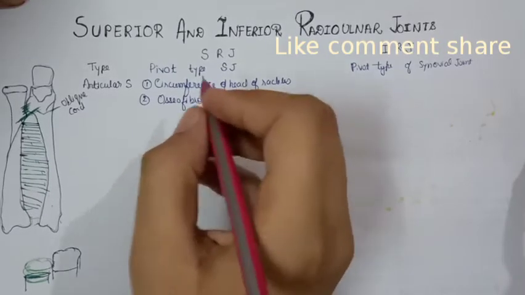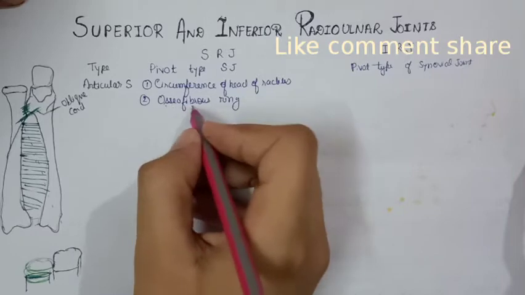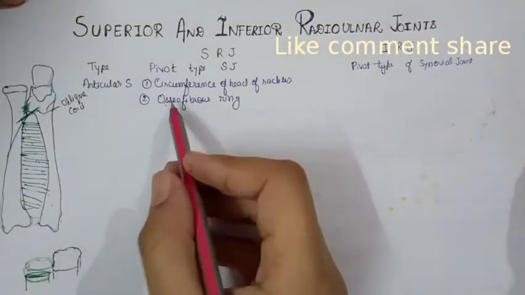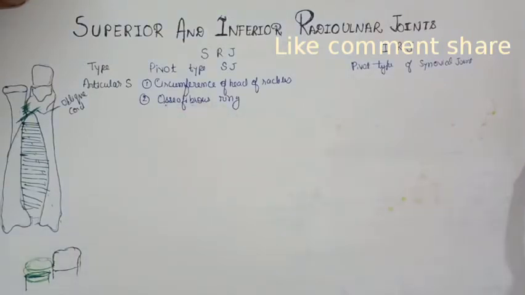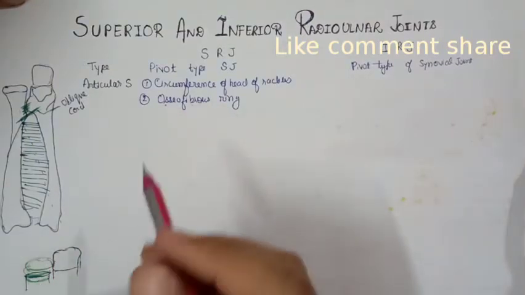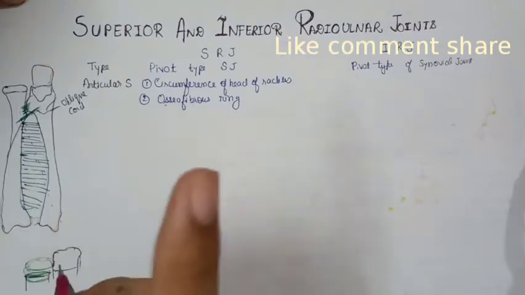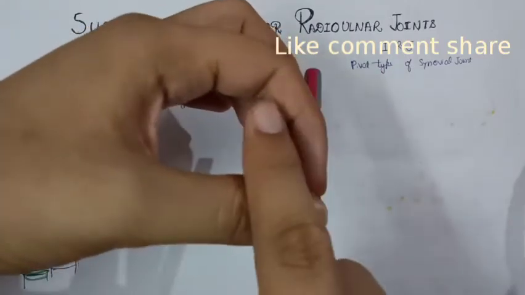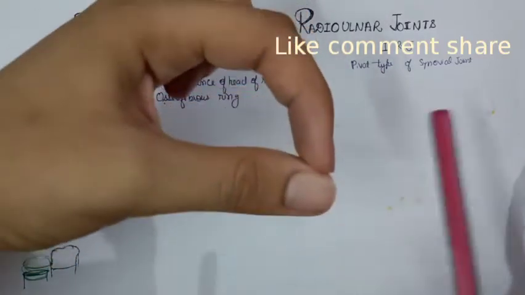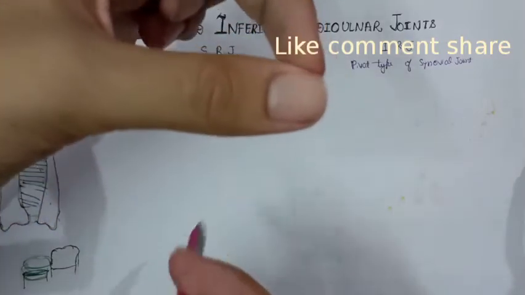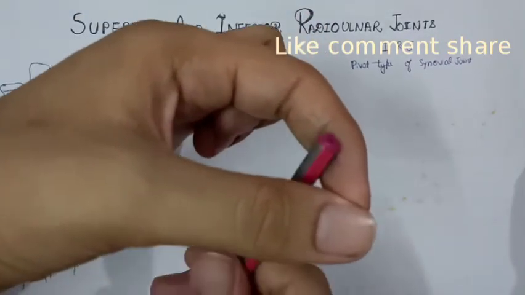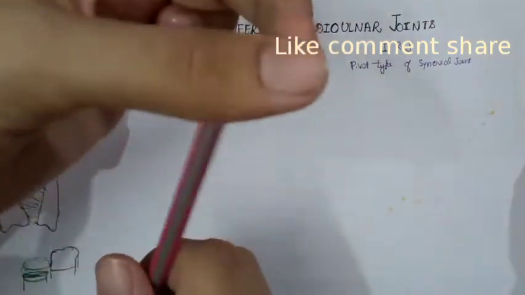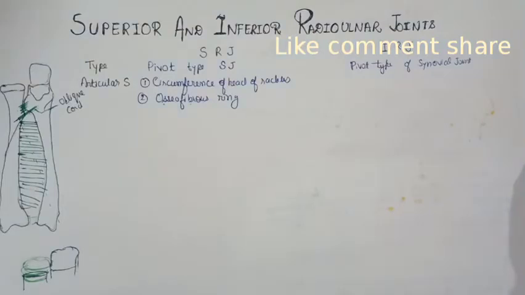As you can see, the word osteofibrous contains two words. Osteo-fibrous means a ring-shaped structure is formed with the help of two things, bone and fibrous ligament. So the annular ligament and some part of the ulna form a ring around which the movement of the radius takes place. Suppose this is the part of the annular ligament and the rest is formed by the part of the ulna. So the head of the radius moves along this osteofibrous ring, some part of which is formed by the annular ligament, the other by the part of the ulna.